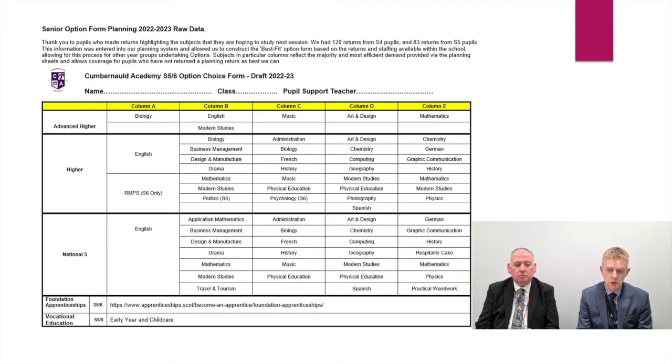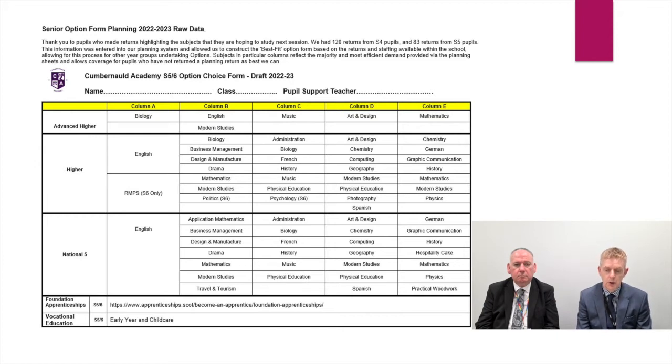Now the courses themselves, like I said, are split up across the 5 columns. We're offering a range of advanced higher courses in 6th year. That is not available in 5th year because clearly you have to progress from higher, and higher is only available in 5th year for the first time. We also offer higher and National 5, as well as National 4 courses, I should say. So we've got everything from English all the way through to some of our practical subjects that are only available